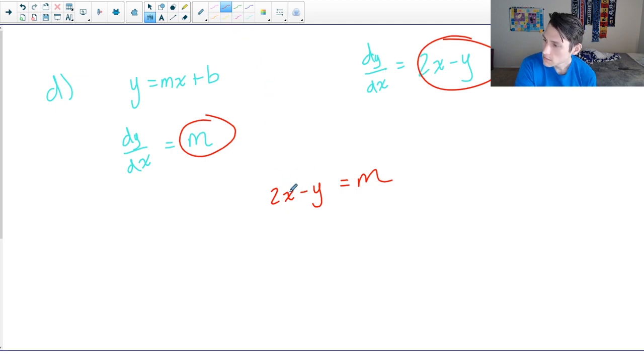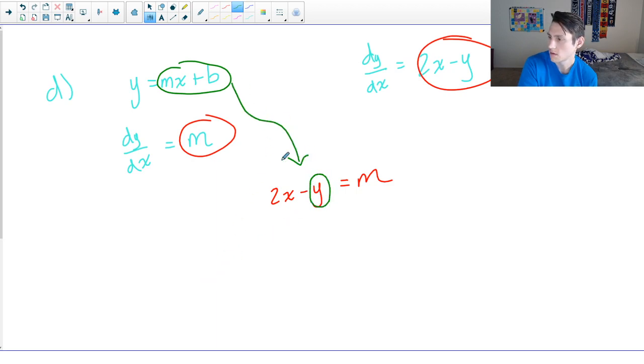Now I also know y is the same thing as mx plus b, so let me substitute that into this equation. So 2x